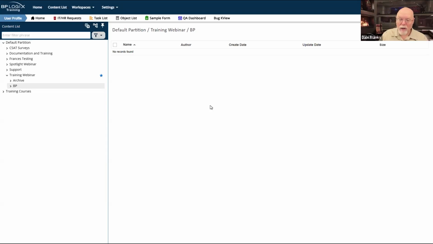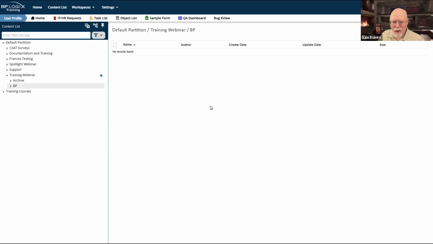Now, it doesn't matter much what sort of organization you create inside this folder. So if you want to have a separate folder for forms and a separate folder for process timelines and one for knowledge views, go ahead and knock yourself out. I wouldn't do that. I would put the form and the process timeline in this folder. And then if I had knowledge views or business rules, I'd create the appropriate subfolders as needed.